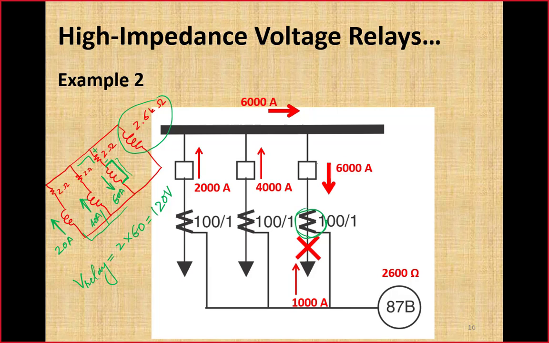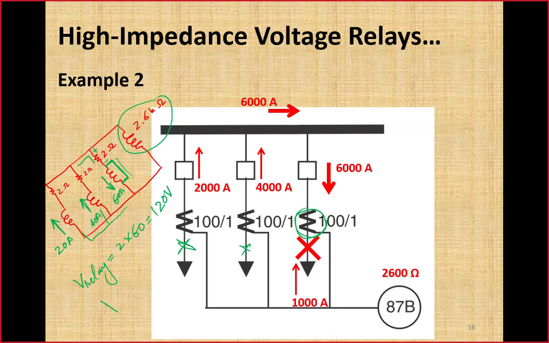If we assume that the closing external fault was here in this circuit, then the voltage across the relay would be 2 into the contribution, 20 from here, 10 from here, this will become 30, that is just 60 volt. If we assume that the closing fault is here in the first circuit, the voltage drop across that 2 ohm series impedance due to this current of 40 and 50 will be 100 volt. So 120 is the maximum value that will occur when the closing fault occurs in this third circuit.